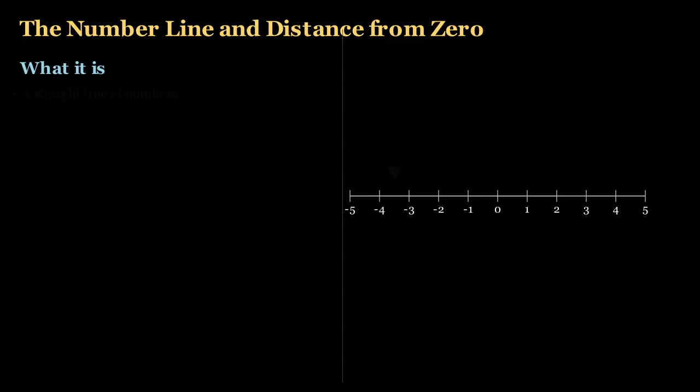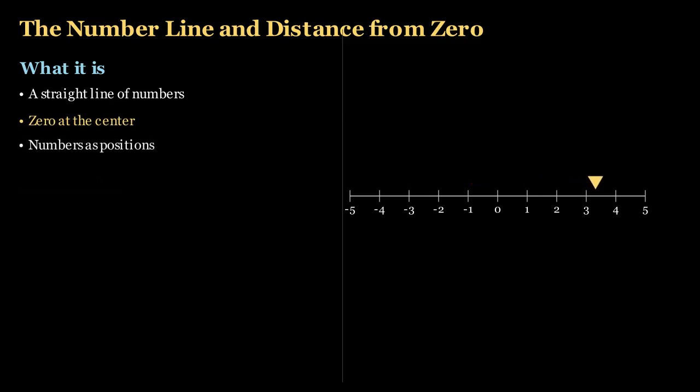Picture a long, straight road stretching left and right forever. We mark a special spot right in the middle and call it 0, that's home base. Every other number is just a position on this road. Positive numbers like 1, 2, 3 are steps to the right, and negative numbers like -1, -2, -3 are the